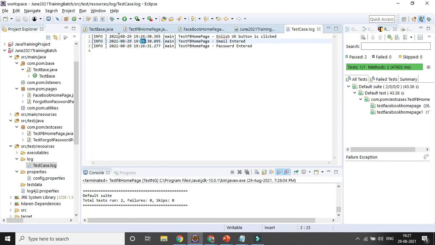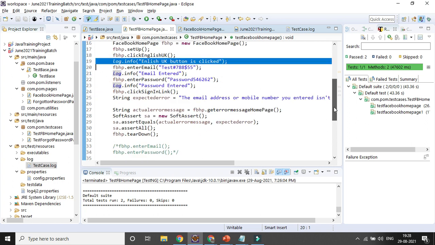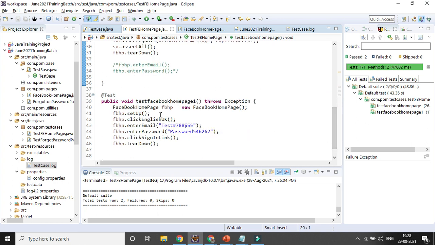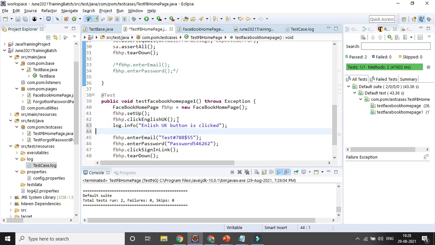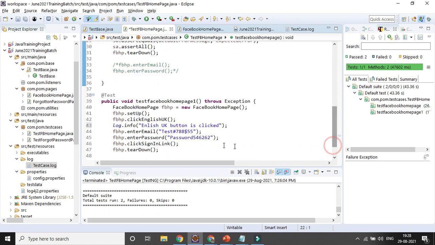Now let's implement a few more loggers here for the other test case as well. Here also I want to add a few more steps: password entered, email entered, for the other test case in the same class.